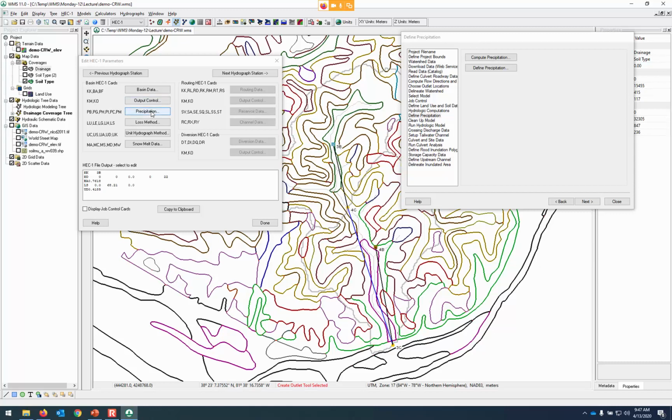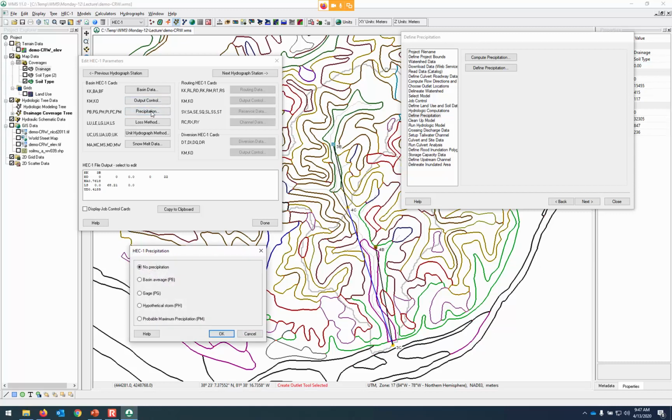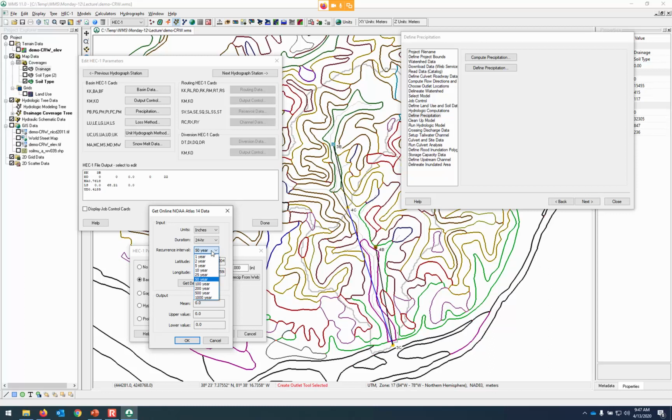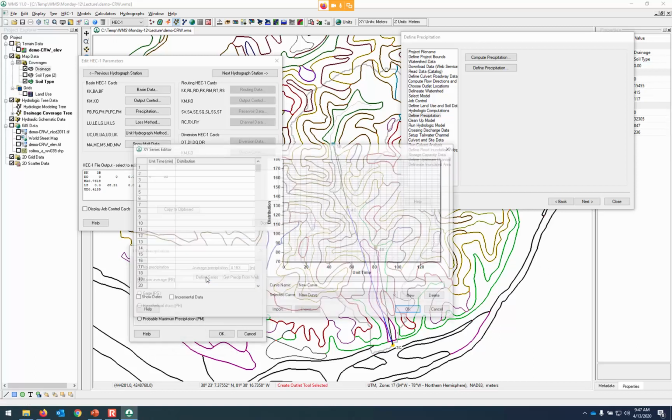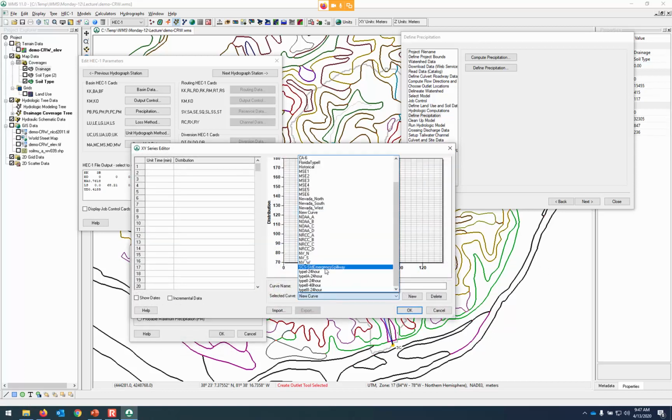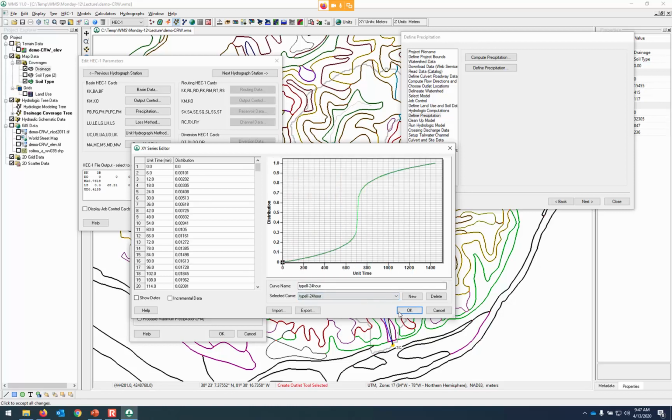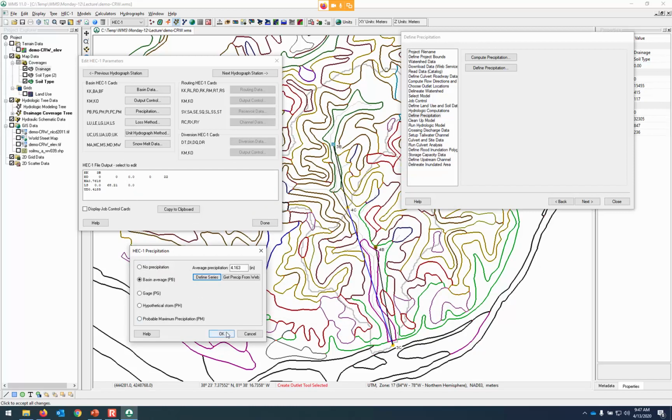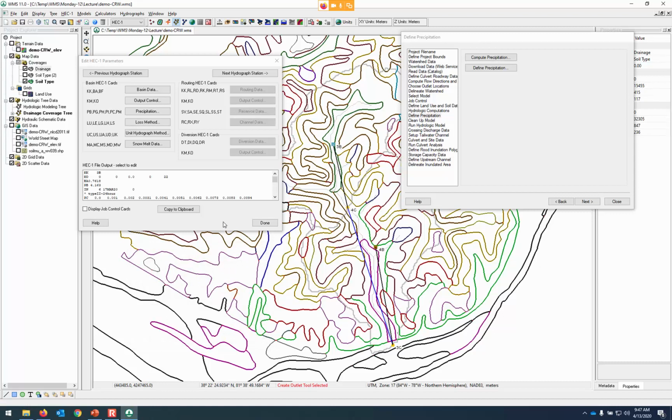So if you click on precipitation, then we'll use basin average, get precipitation from the web, use the drop-down box to select the 25-year, get data, OK, and then define the series to the type 2 24-hour, OK, and now click OK again. And now what we've done is we've assigned the precipitation to both of these watersheds. And so you can click Done,